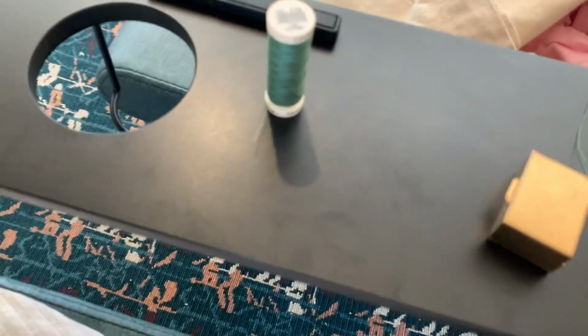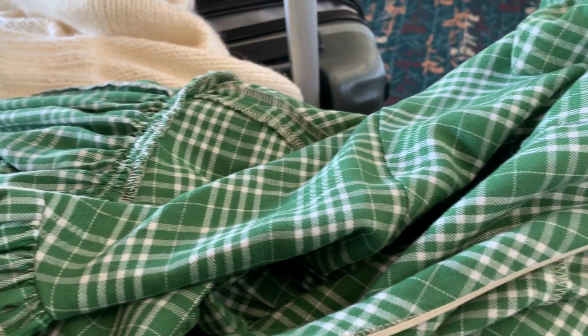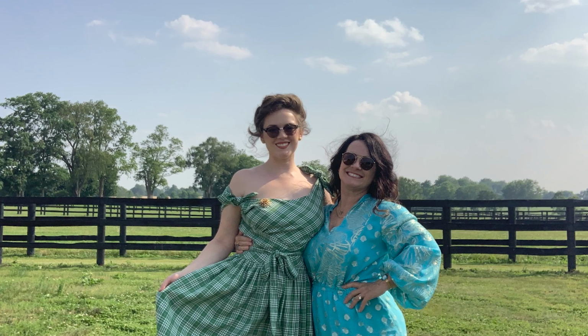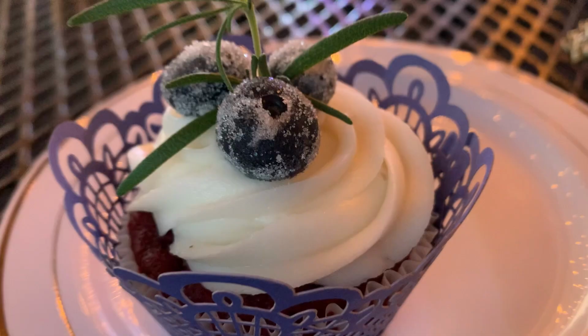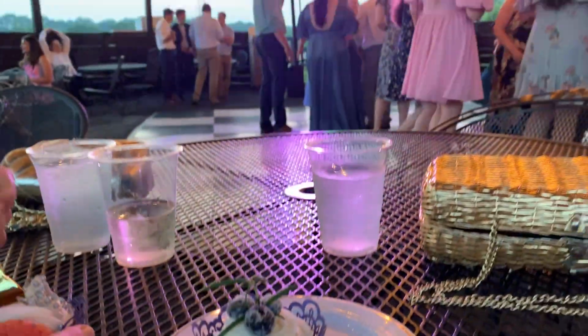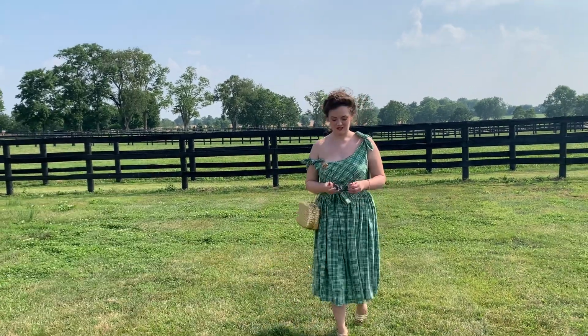I finished mine on the plane and at the airport. My plane was actually delayed by like an hour, so I ended up finishing the whole thing sitting there before we even took off. And then I got to watch Netflix. My mom and I had a great time at the wedding in Kentucky. It was a little hot, but the dress actually held up really well and it was comfortable. And actually I got a few compliments on it, which was really nice because I got to say, oh, thanks,